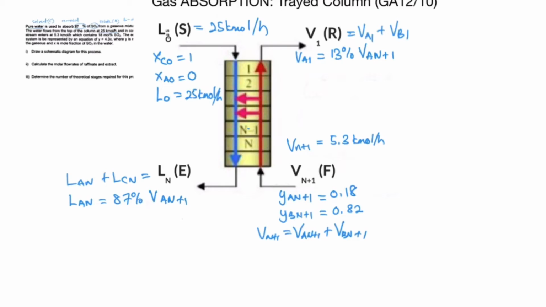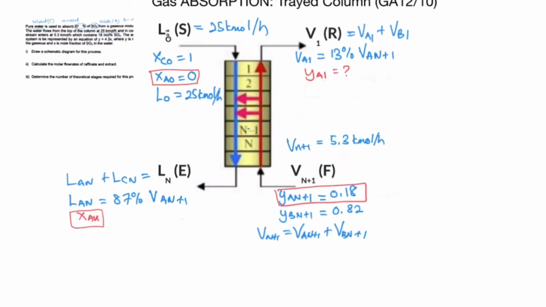So, in order to draw the operating line, we need x a naught. We also need y a1. We also need y an+1. And we need x an. To solve for x an and y a1, which are the solute components at the raffinate and at the extract, we need to solve for V an+1. To solve for V an+1, because we are already given the information that the mole fraction of the solute is 0.18,